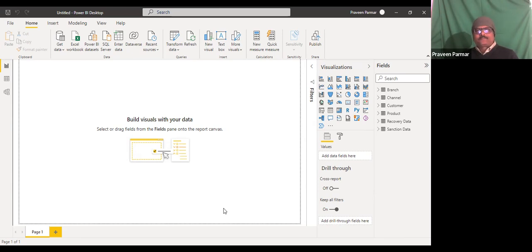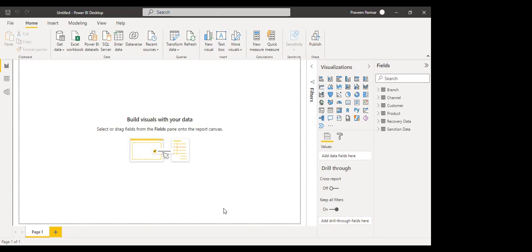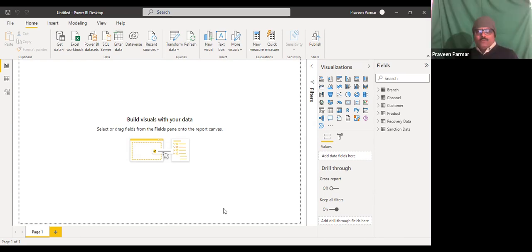Got it? Load your data in Power BI, and when it completes, please tell me you have completed it, and then we start some other task.